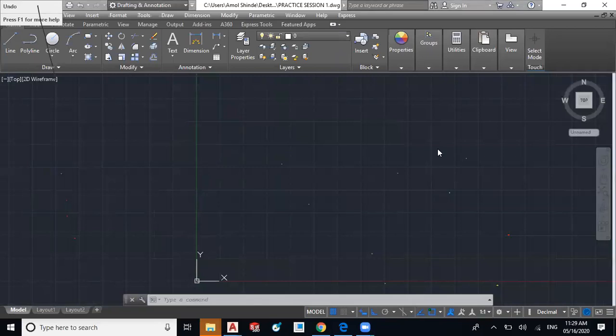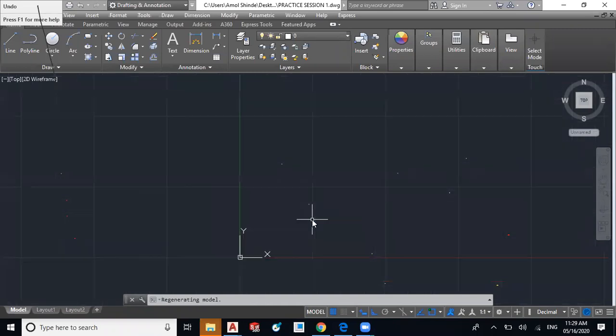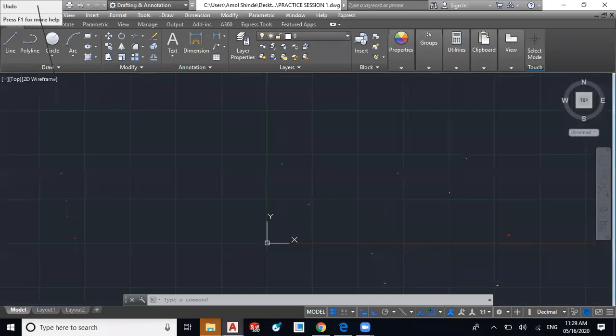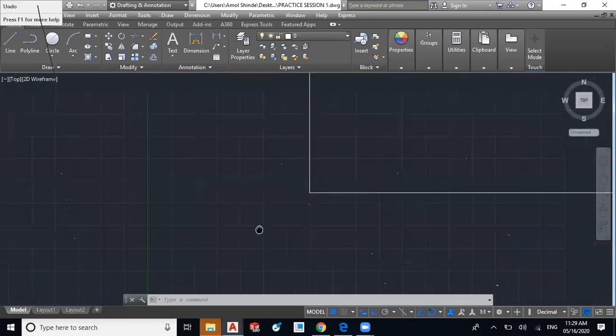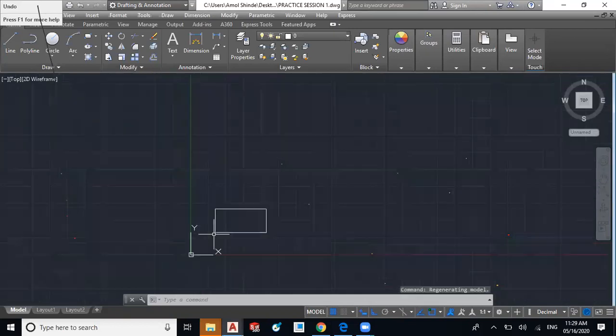Okay, now I have shown left click and right click use. Now we have the third mouse button, that is the scroll button. So the use of the scroll: forward scroll, zoom in; reverse scroll, zoom out. I will draw a rectangle and it will be easy to understand whenever a drawing is there. I have drawn a rectangle of random dimensions. So the scroll button use: forward, zoom in; and reverse, zoom out.